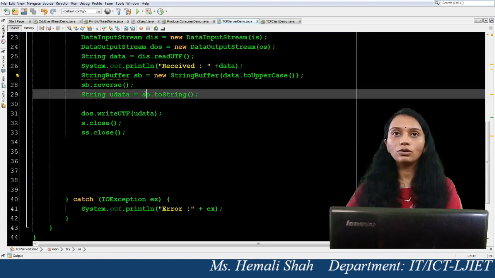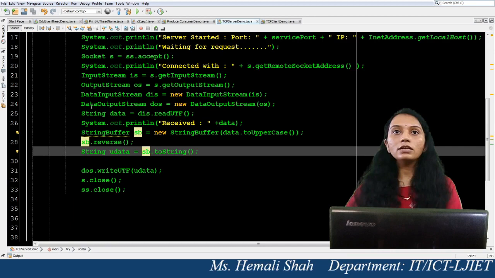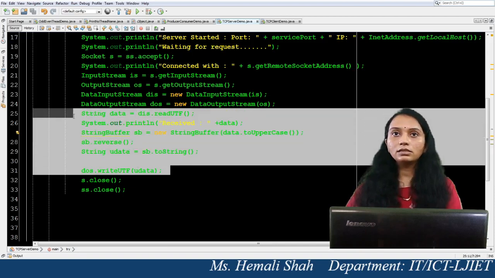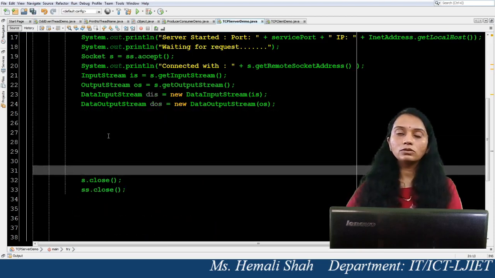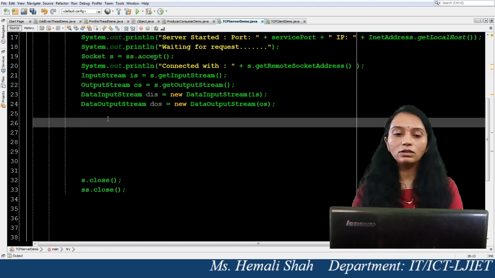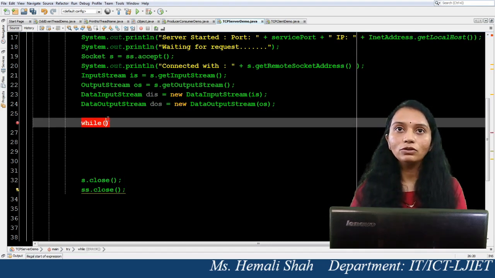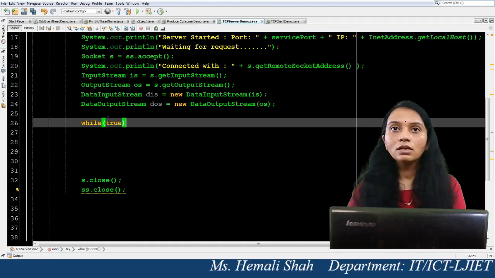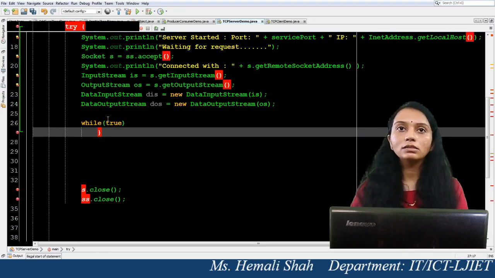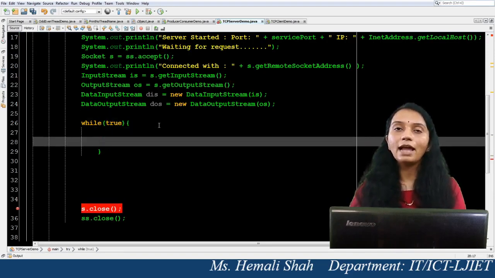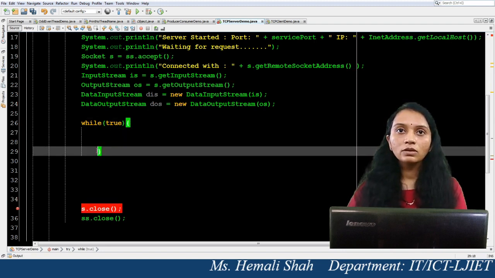For that, what you should do is keep much of this code over here as it is, right? This data input stream and data output stream. So first of all you have to build the logic for the chat application. Who will write first? First of all you have to decide this. For example, first of all this server program reads the data and the client writes the message first. So here you just need to read the data first.